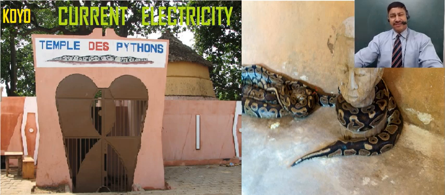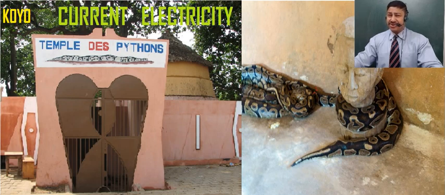Now, children, are you feeling scared looking at this pic? I'm sure you are, but don't be, as this is rather the sacred Temple des Pythons of Ouidah, Benin. It is here that the religious practitioners keep the python as a totem. Here you will be so charmed that, like a snake charmer, you're going to keep these friendly pythons around your neck, and I'm sure you'll take a pic and put it on your Instagram handle.